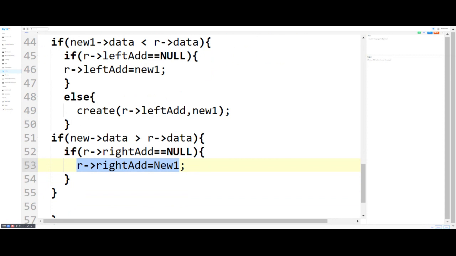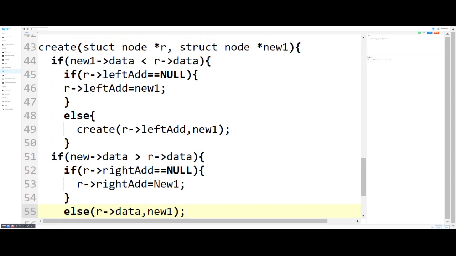If this condition is false, we go in the else block and call create again with root of right address, and it will take new one. First we check in the create function whether new one of data is less than root data, so we add in the left subtree. If greater than root of data, we add in the right subtree.